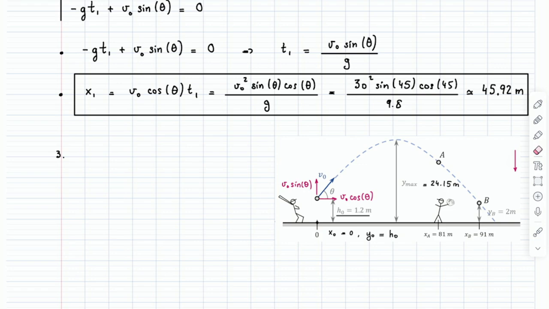Now apparently y B is 2 meters, right? So that means that if he runs to point B, so long as he makes it there in time, he can actually just grab the ball. For sure he can catch it at B if he makes it to point B on time. Question is, for question 3, can he catch it at point A when it's right above him, right? And so if the outfielder jumps vertically, can he catch the ball when it is at point A? And assuming point A is directly above him.